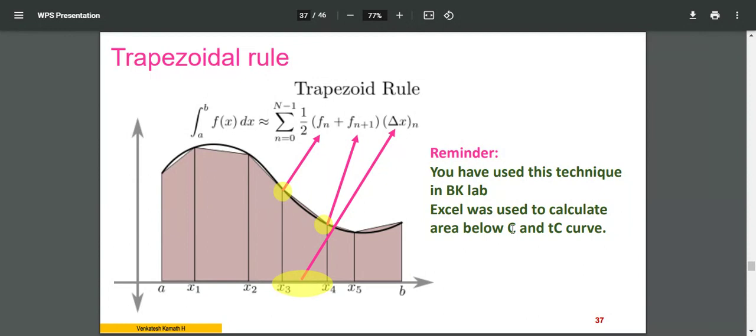Usually, this numerical integration is what we use for the purpose of finding the area under the curve. To be precise, it is an integral. So you see here an equation like this: integral with the limits a to b, f of x dx. Here f of x is a function. You would like to integrate it from a to b.